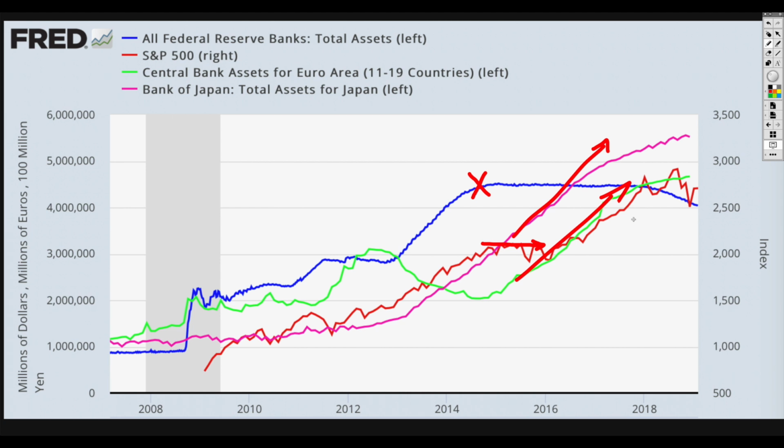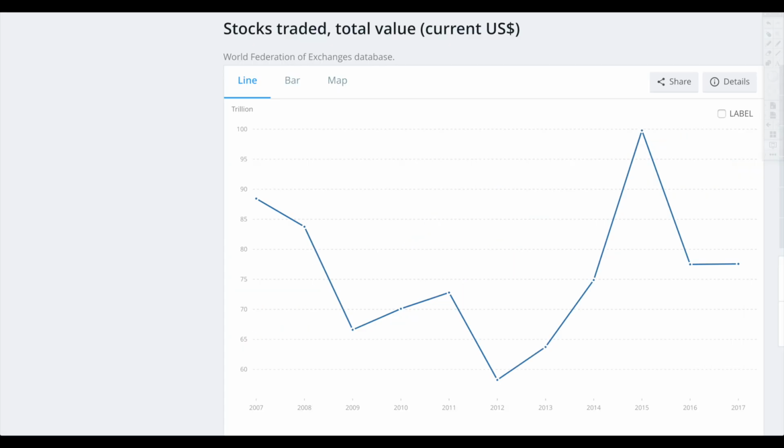What is very apparent to me is that the central banks need to print money in order to keep the stock market going. If not, why wouldn't you just retreat all of your assets over a period of time, let's say over the next year, maybe 2-year time frame, and you be able to basically wean off of all of that, remove the crutch, and allow the system to be restored on a natural level, because I've heard the economy is doing well, the markets are doing well, so it doesn't require that stimulation. But of course, that's false. It doesn't work like that, and we make it very, very apparent right here by looking at this chart.